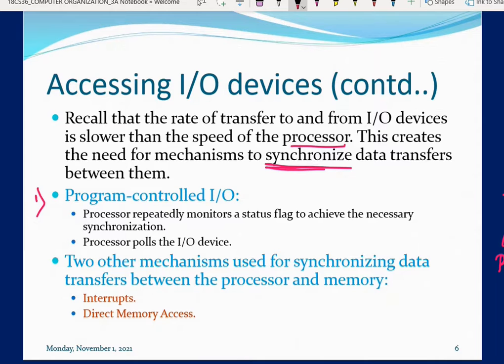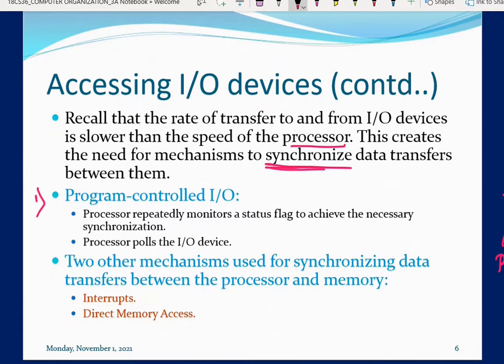We have already discussed that there is a flag called SIN, and here also there is a flag called SOut, and there is a buffer also, data in and data out.